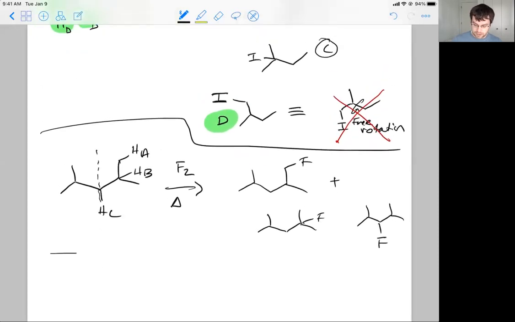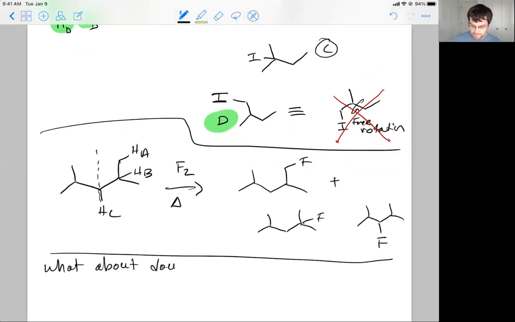Now, what about double bonds? And the answer is ignore. You need to ignore carbon-carbon double bonds. They don't participate in this reaction. And you might be like, well, why? And we have very deep answers for that. But this is an experimental science. So what I'm getting at is if you see something like this,